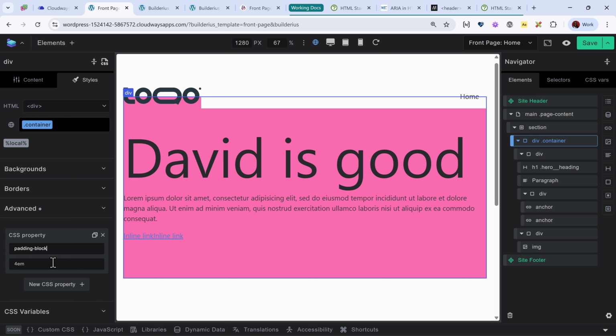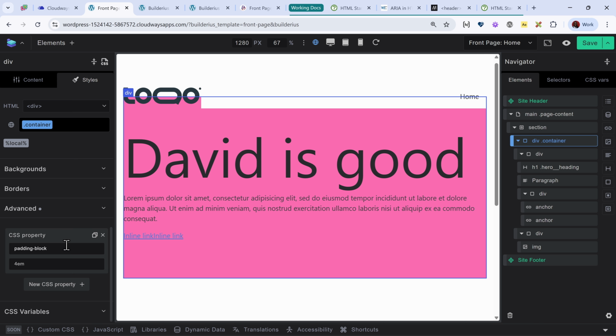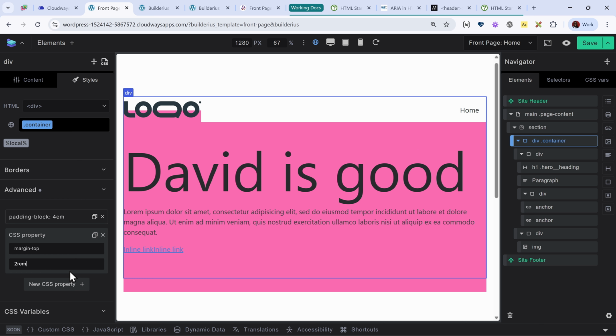However, if it is a CSS that is available in the UI and you just wanted to apply it in the advanced tab, it will allow you to apply it, but then it will port it over to the right UI element for you. So if I create a new property and say something like maybe margin top to rem, now this exists in the UI.